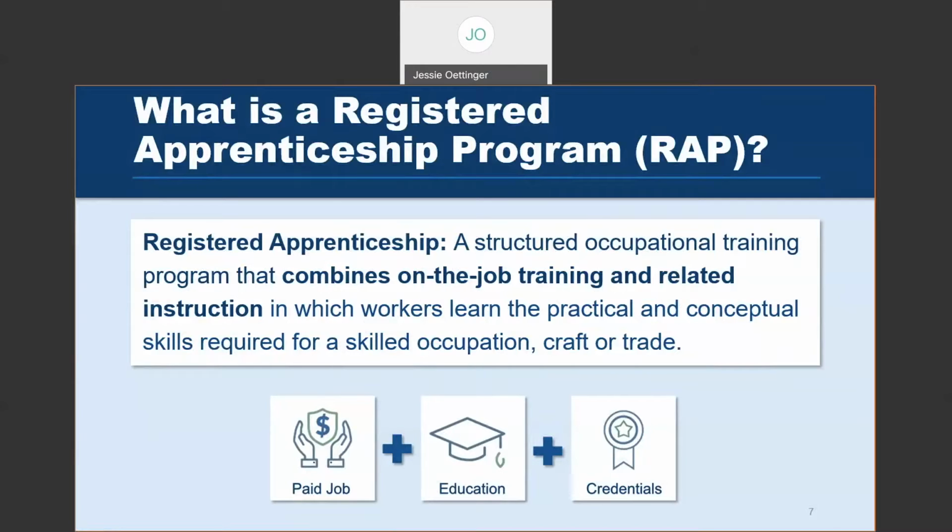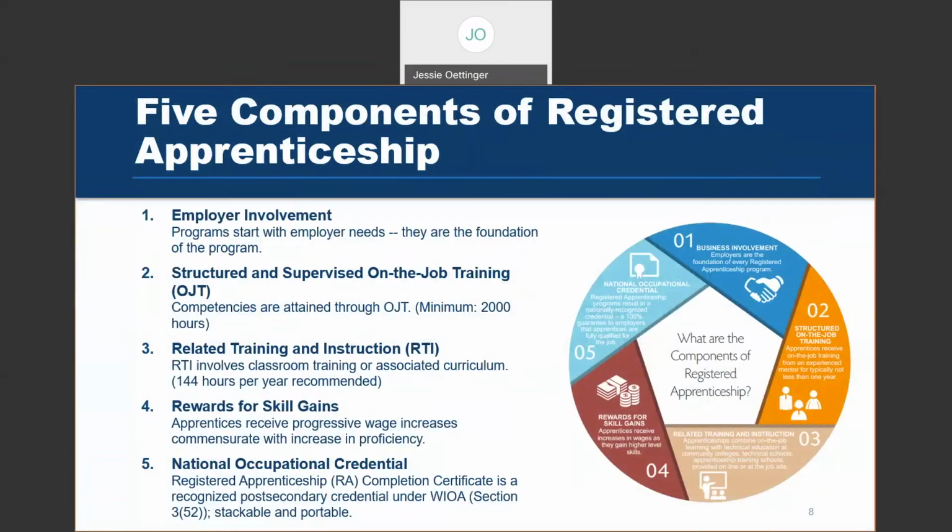A registered apprenticeship allows employers to develop and apply industry standards to training programs, thereby increasing the productivity and quality of their workforce. As discussed in Module 1, all registered apprenticeship programs, whether they are registered with the National Apprenticeship Office or a state apprenticeship office, we'll discuss the difference later in the training, consist of 5 core components: direct employer involvement, structured, supervised, and paid on-the-job training, related training and instruction, rewards for skill gains, and a national occupational